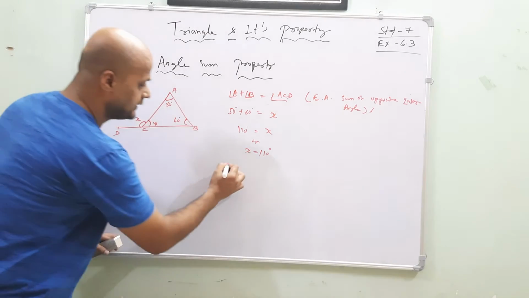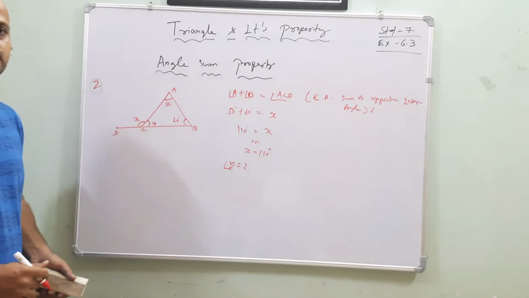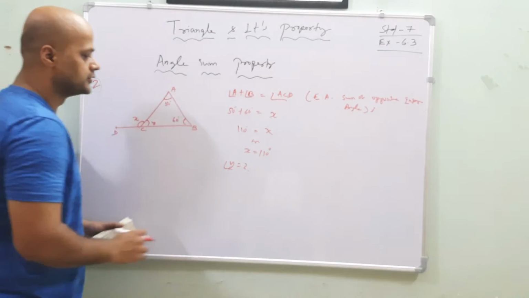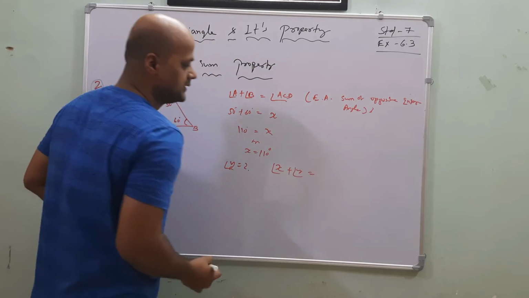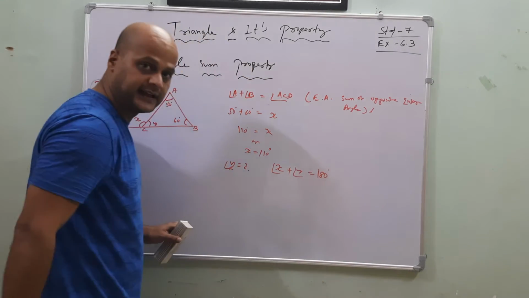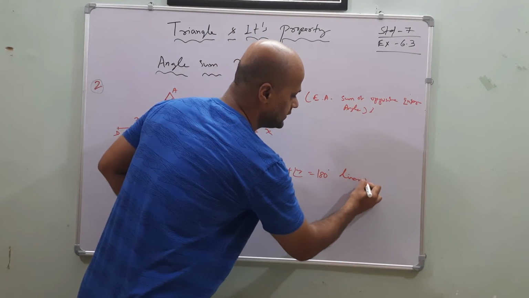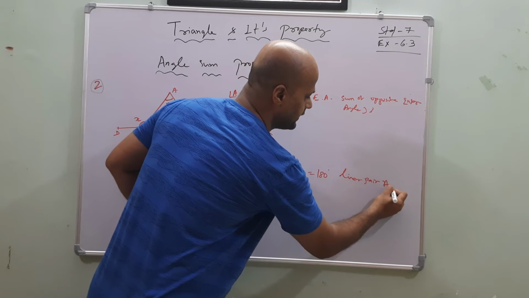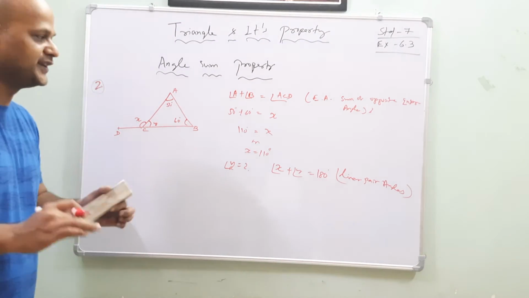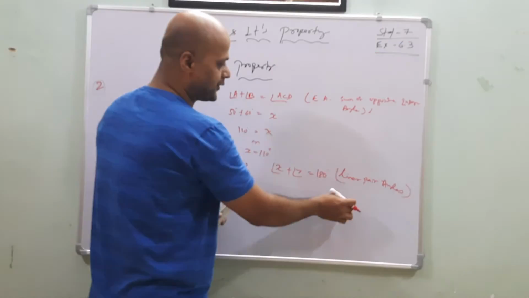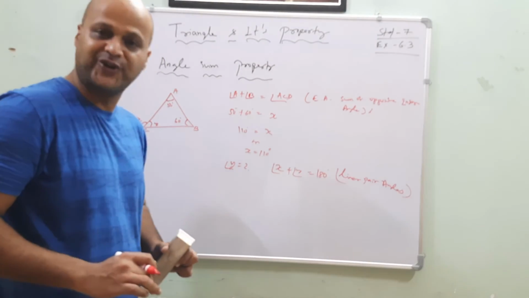What about the Y? Angle Y is equal to what? Who will tell me? Good, Diksha. Very good. What is that? Angle X plus angle Y is what? It is 180 degree. Why? That is what? Linear pair angles. You have to write this one. Here the angle sum property is not used. Only two properties are used, and these two are the second exercise property.